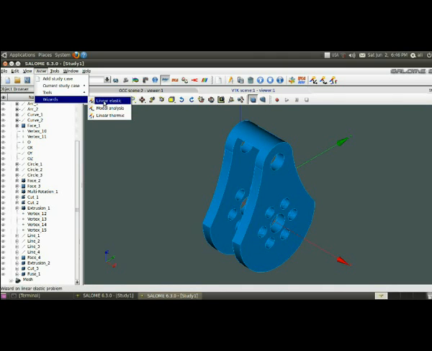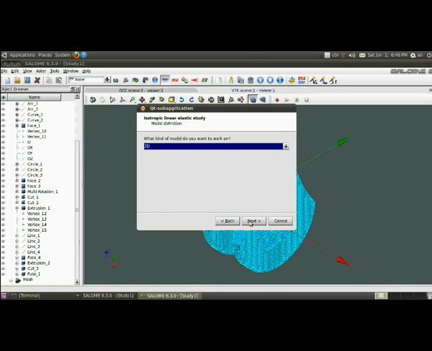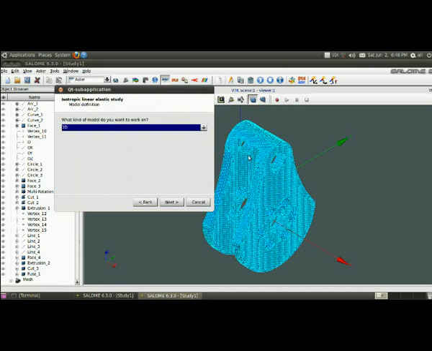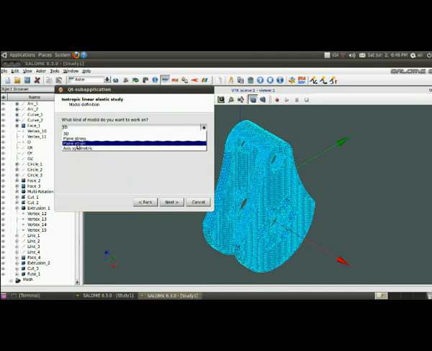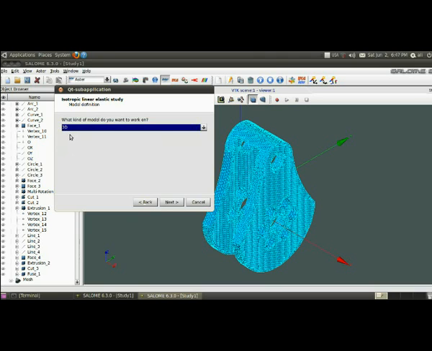In this case, we want to analyze in a linear elastic, and I select this item, and because of the shape of our geometry, I select the 3D. So we can select the plane stress, plane strain, and axisymmetric in the 2D two-dimensional component. However, our component is three-dimensional, and I selected three-dimensional,